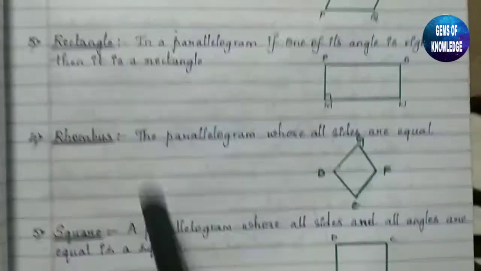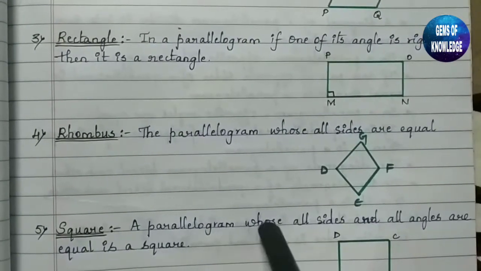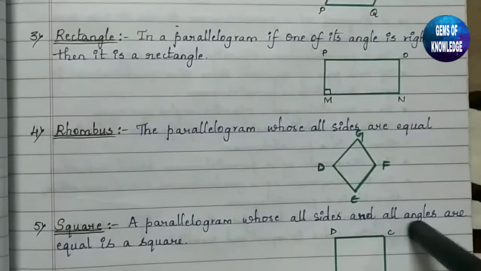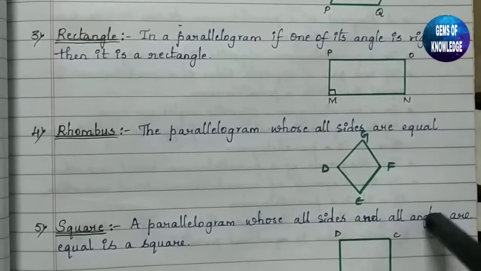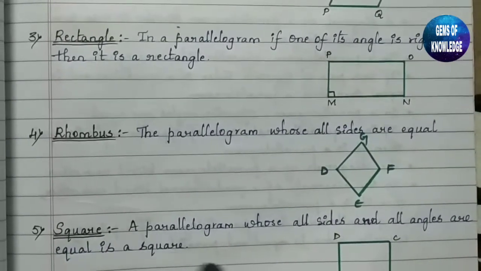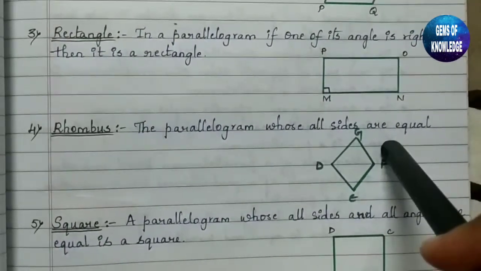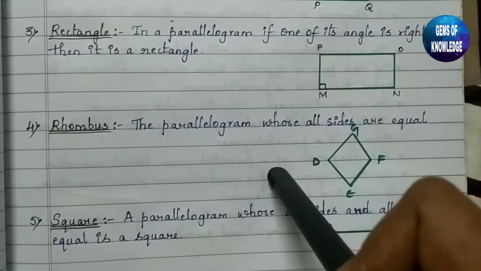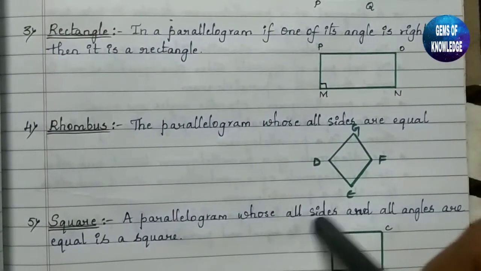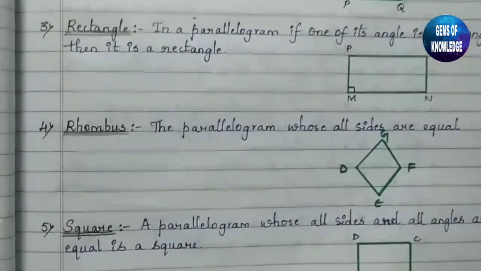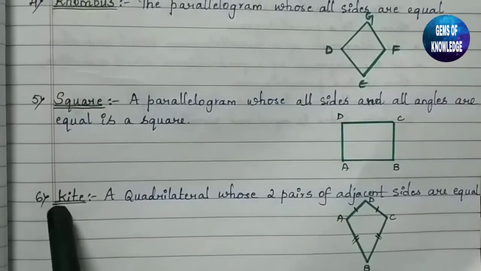Instead it holds one more thing here in addition to your rhombus, that is, here you can see in square a parallelogram whose all sides as well as all angles are equal. Okay, a parallelogram whose all sides and all angles are equal, it is said to be a square here. Whereas in the rhombus only the condition is all sides must be equal, whereas here angles will not be exactly equal. But for the condition of square, along with the sides the angles must also be equal.